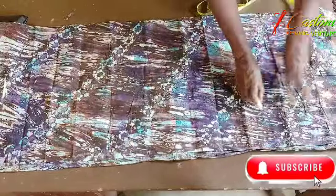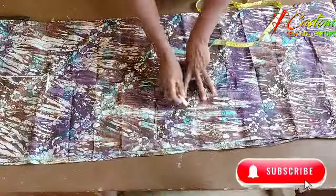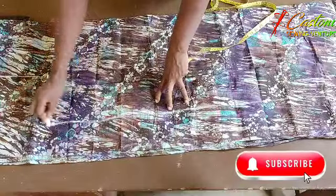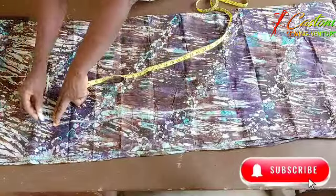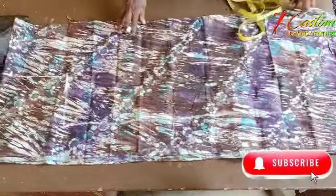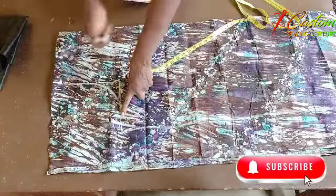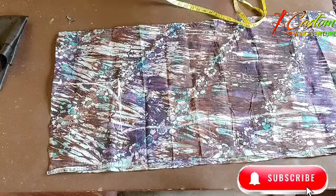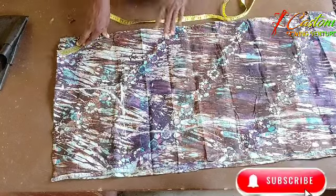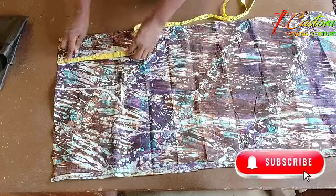So the next thing, I connect them together. I connect them to the armhole line. Then I'll put my cuff there. Good to go. So I will be cutting the neckline, but the way I'm going to have the neckline cut